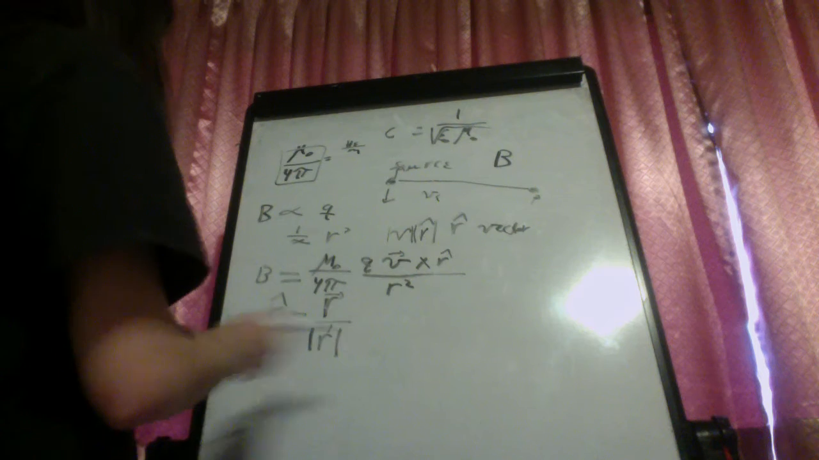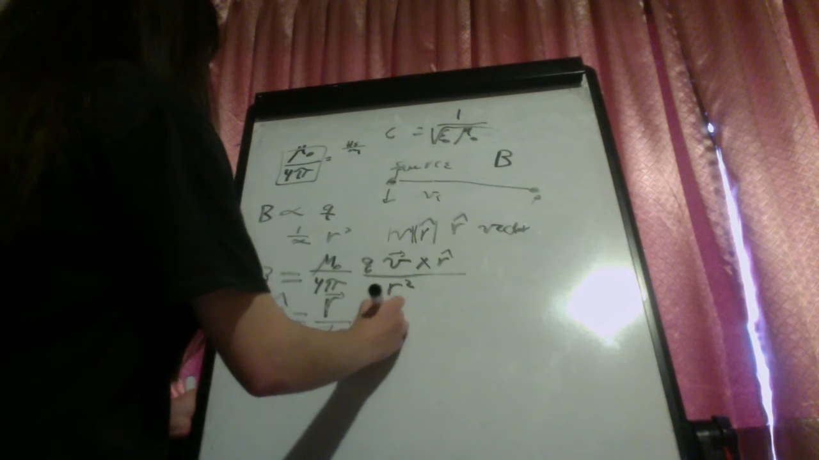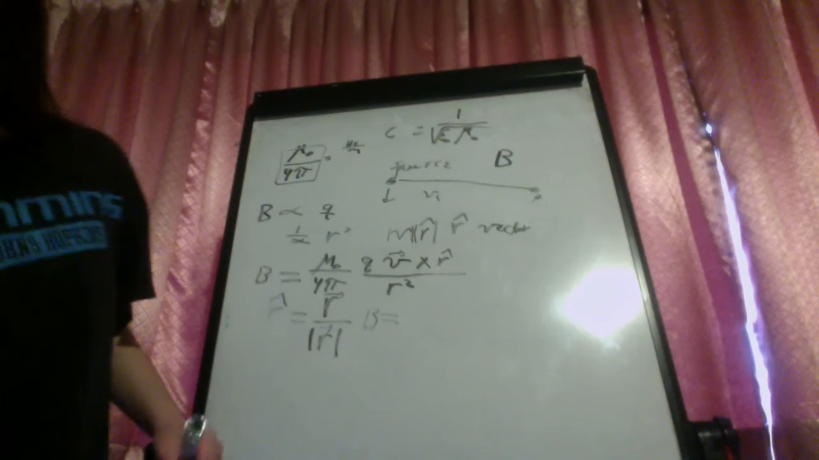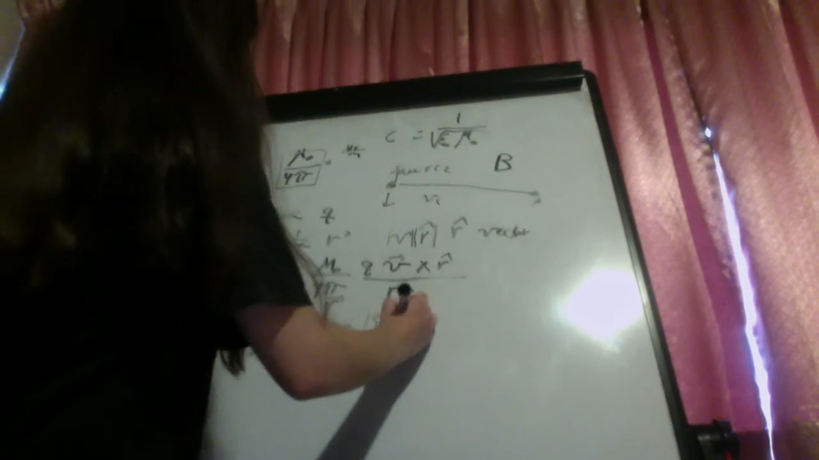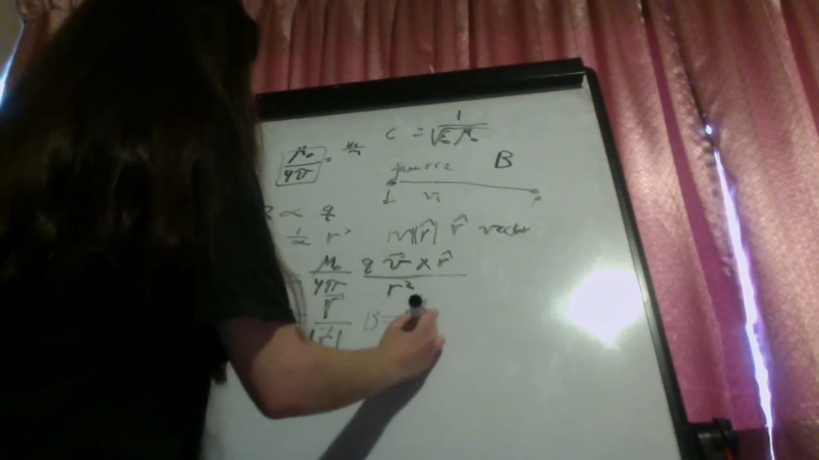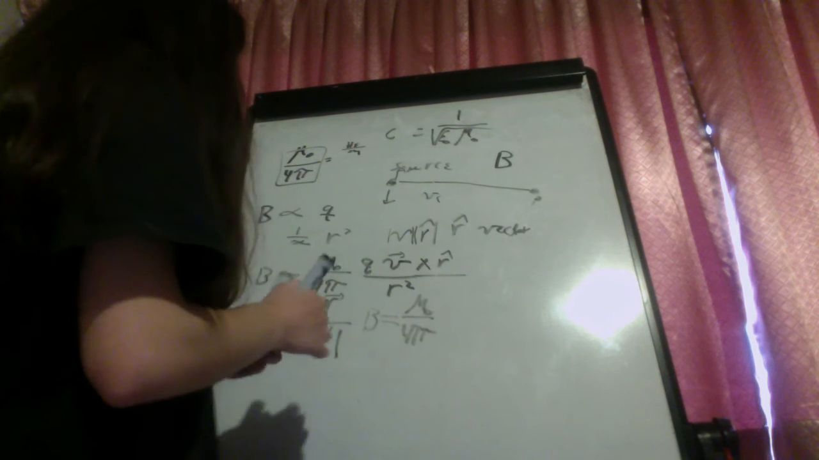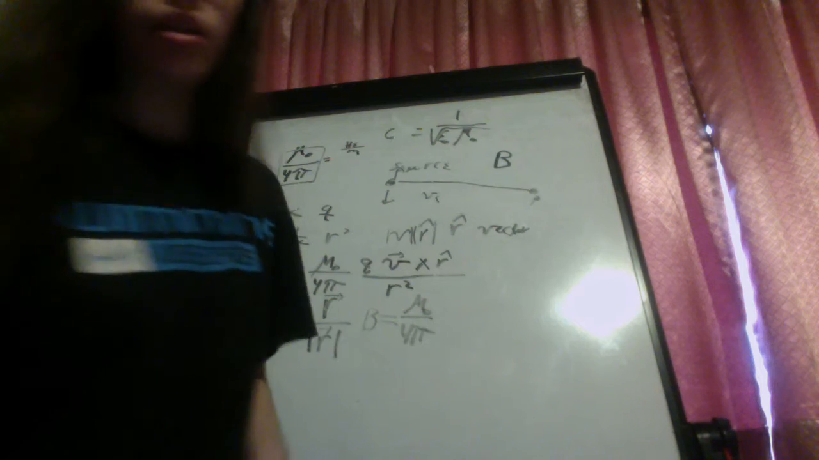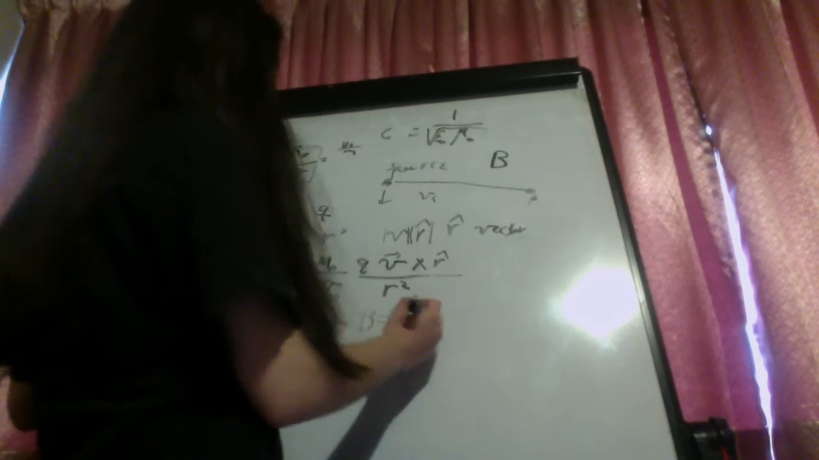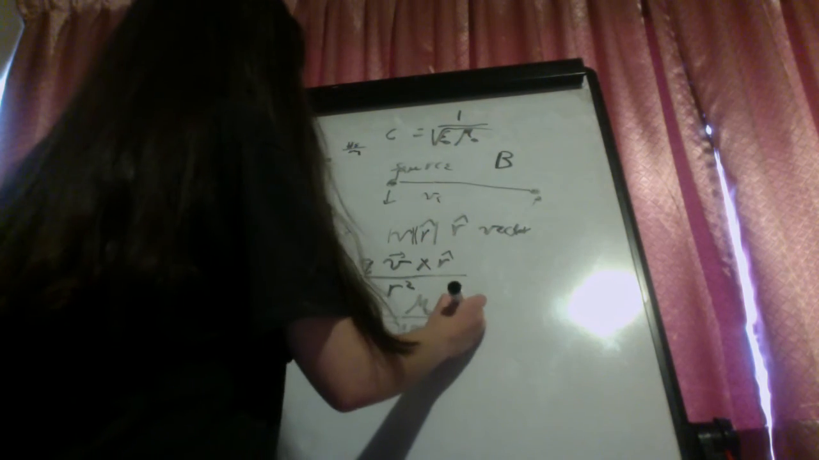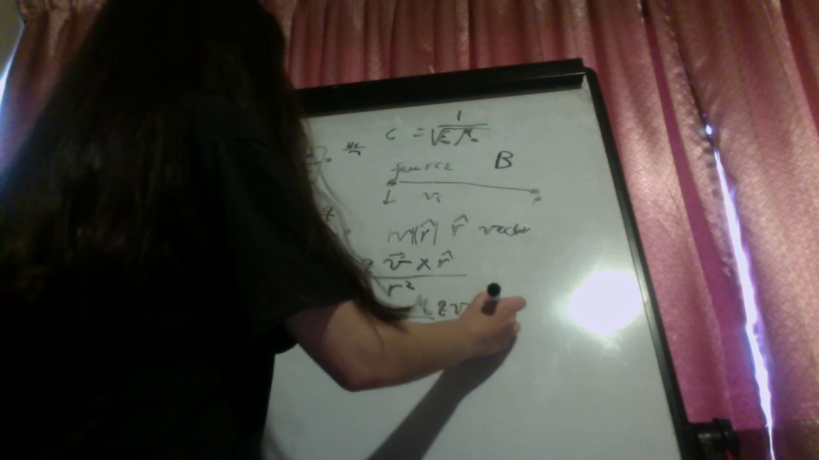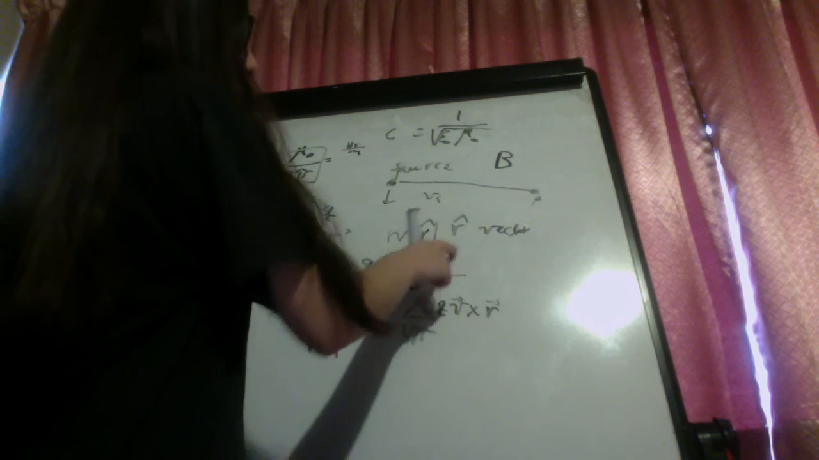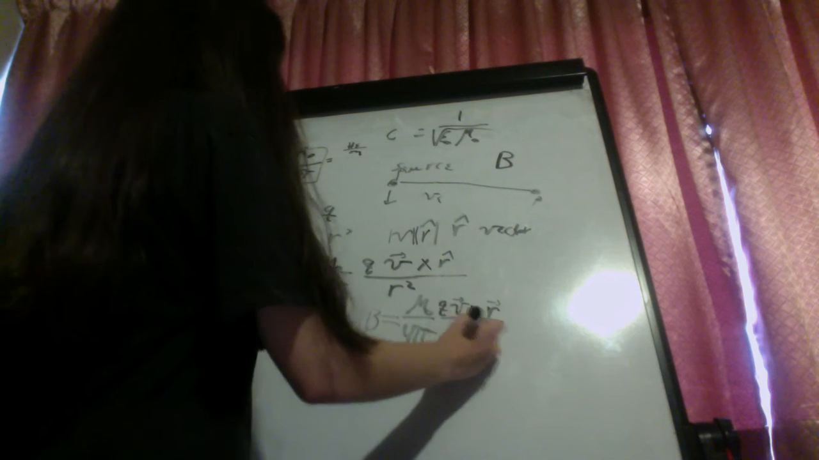So you can write it as the magnetic field is equal to mu naught divided by 4π times the charge times the velocity cross product r, and here you put the vector notation, not just the caret,